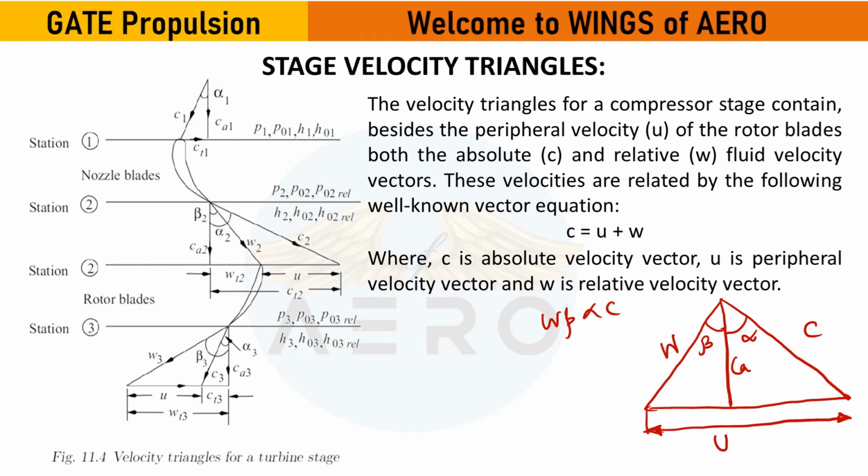This is for which one? This is for the axial compressor, right? The angle between the axial flow and the relative velocity W becomes the blade angle. This is the blade angle. The air angle is the angle between the axial velocity and the absolute velocity, right? That's what we have seen in the axial compressor.